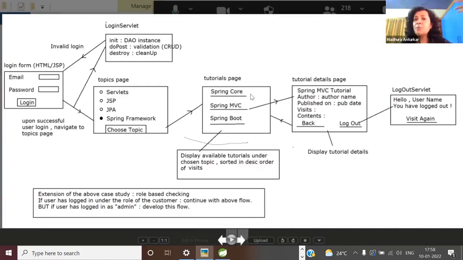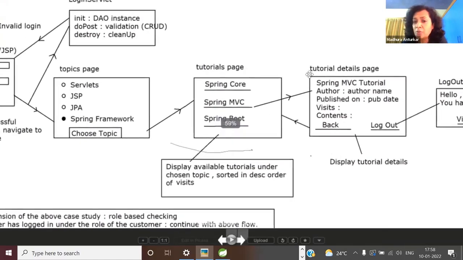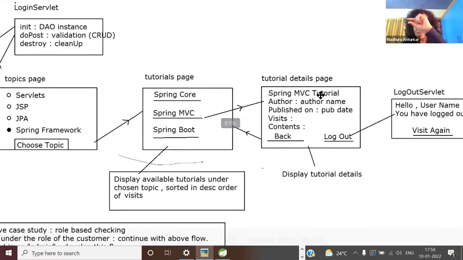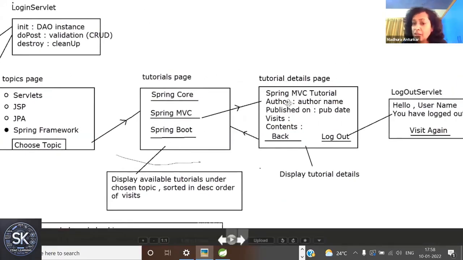So Spring Core, suppose, is visited most often, then Spring MVC, then Spring Boot, whatever. Now user says, I want to read Spring MVC today. Then you will take the user to the tutorial details page, where the tutorial topic, the title of the tutorial, the author, when it was published, and the visits are shown.